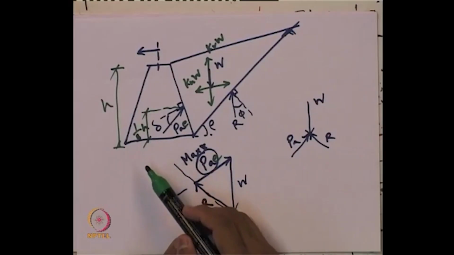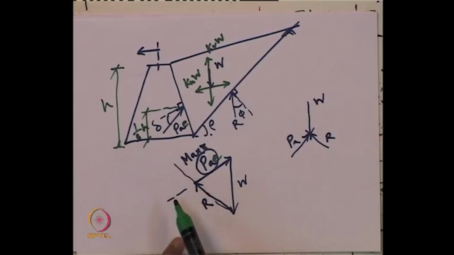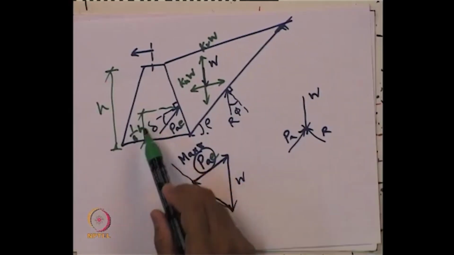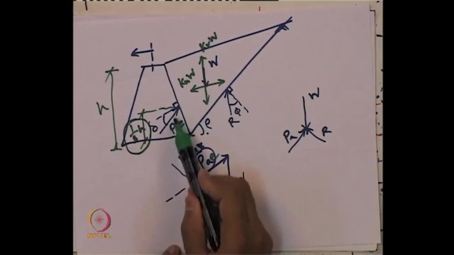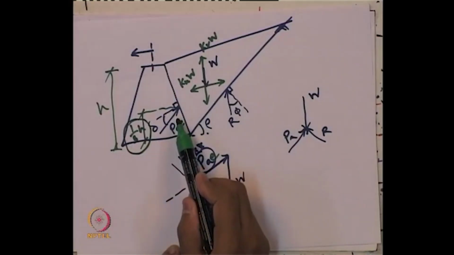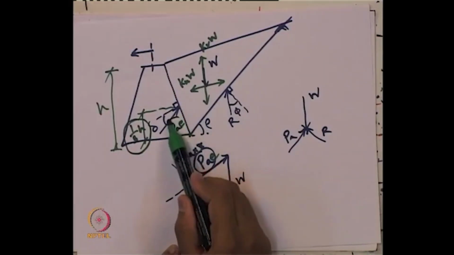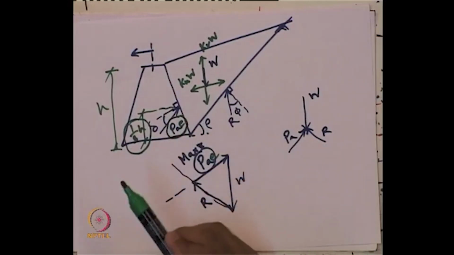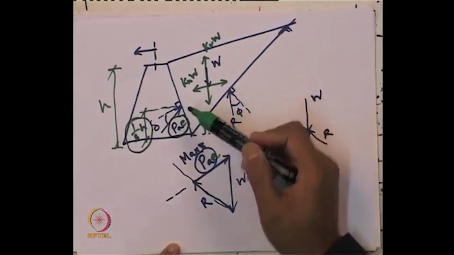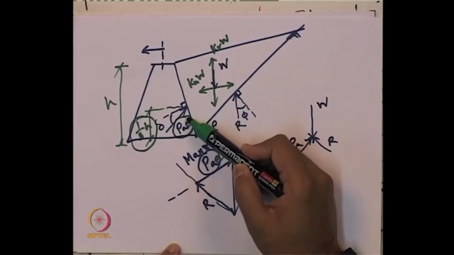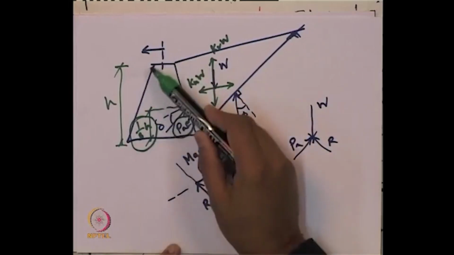So, it has to be 1/3 from the base, but in this case it is a dynamic case also. Why it should be at 1/3, that should be questioned. So, it needs to be obtained where the point of application of this design value of Pa is acting, because for design of this retaining wall we should know not only the value of this force, this value of force will give us the section design,